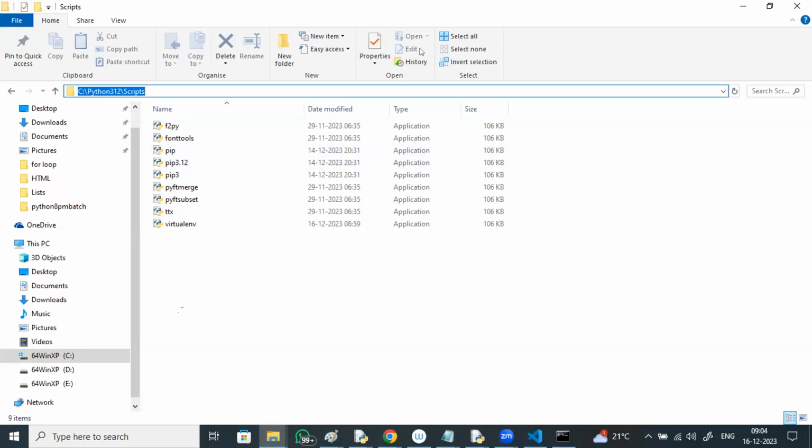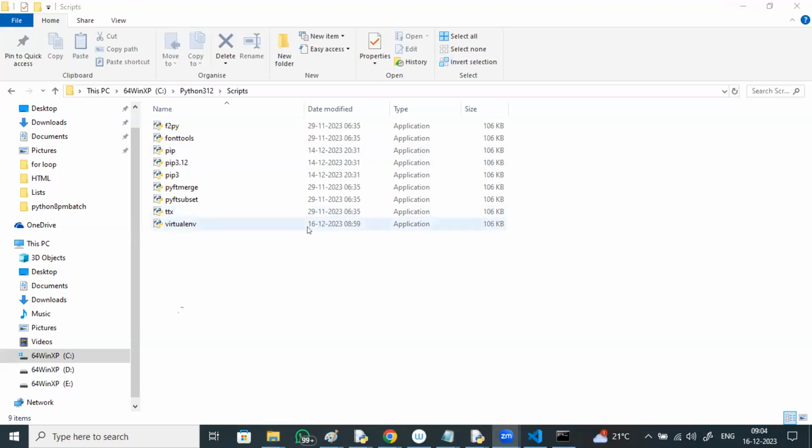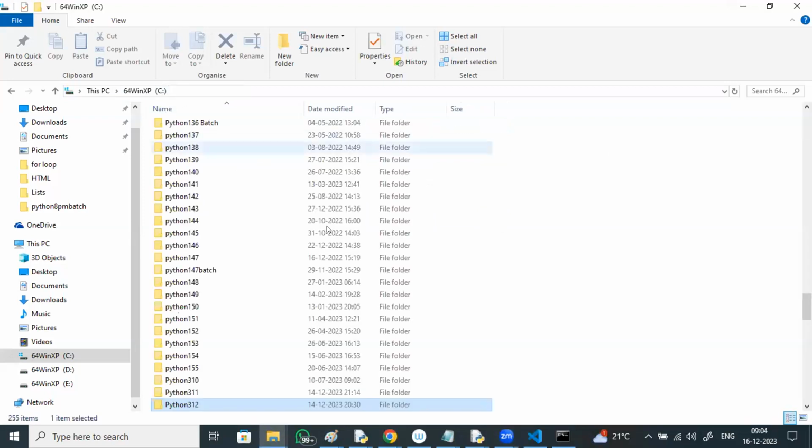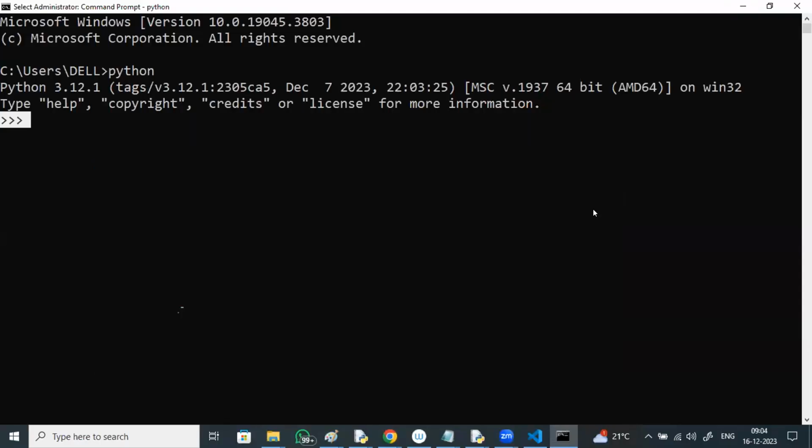Yes, sir, I got it. Available. The second thing is, where is your Python available? For some of you it is in Program Files, for some in C, AppData, Local, Python. So why did you get the warning? Yes, Shashi Kumar, it's in Program Files. Where your Python is installed gives you the path, and that path is not identified.